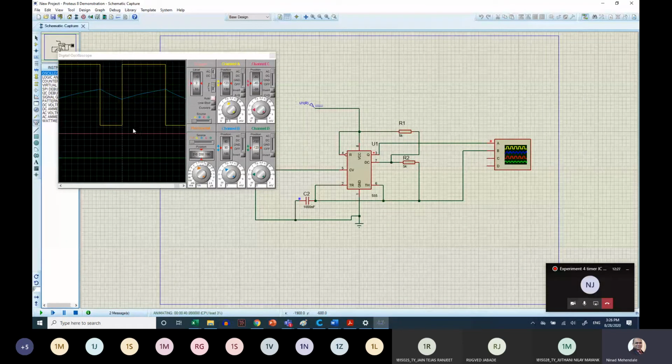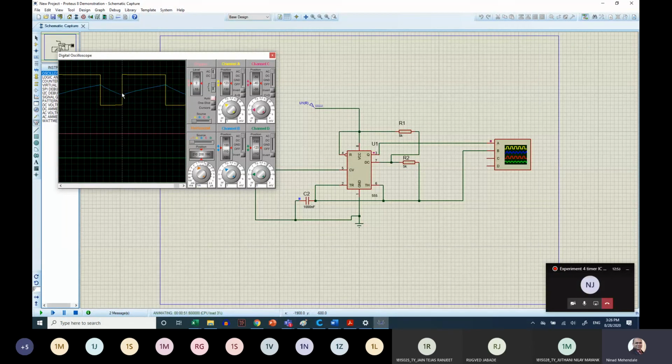So remember, there is no point in measuring the voltage across these points, because we are sure it is going to be 5 volt only, because the output is TTL compatible for IC 555. Also, no need to measure these voltages. If you want, you can, but you are going to get the same 3.3 volt and 1.67 volt. You just have to measure the time domain, that is T on and T off. That's all you have to measure in this entire experiment.